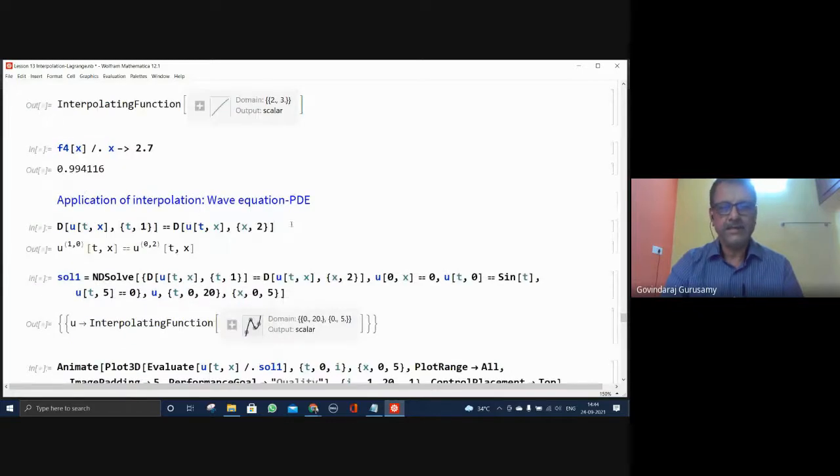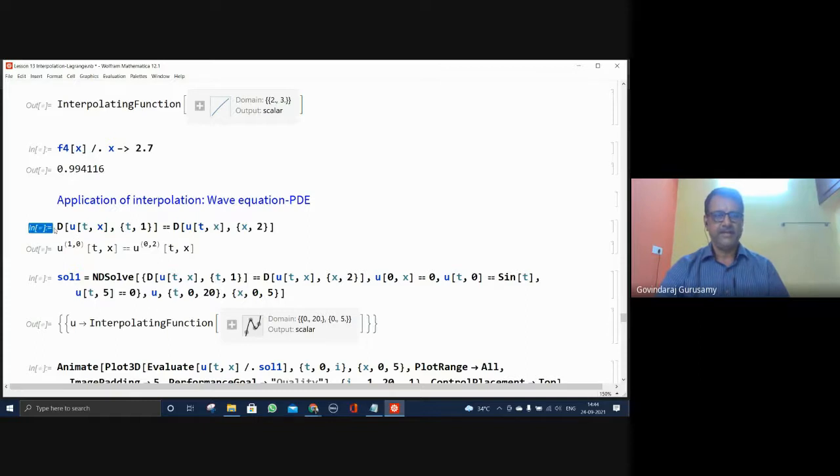So now look at the application of interpolation. Wherever you have a differential equation, whenever you solve numerically, this interpolation will automatically enter your computation. And this is the wave equation, which is also a PDE, partial differential equation.